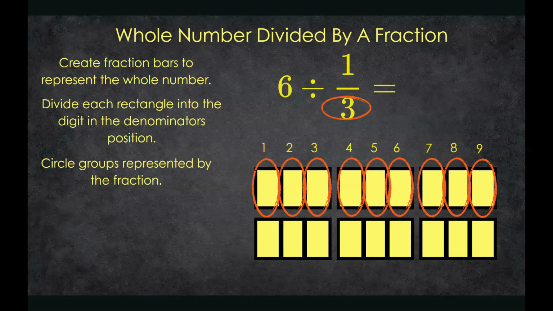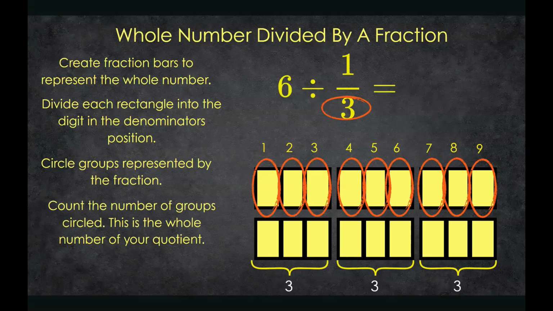I'll keep going, and I'm starting to see that pattern. It's just groups of 3. So start making that connection to multiplication. Every whole fraction bar is worth 3 groups of 1/3. Well, if I have 6,